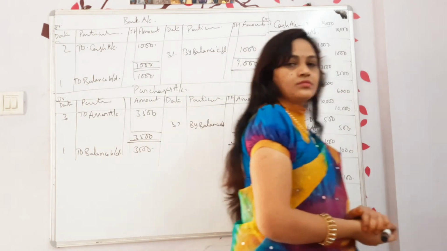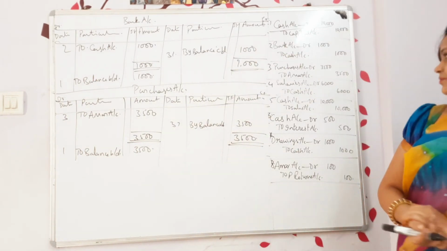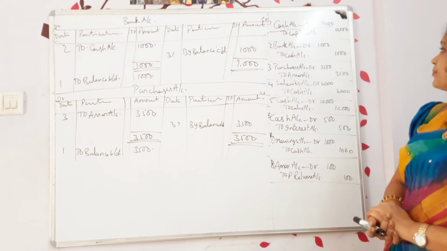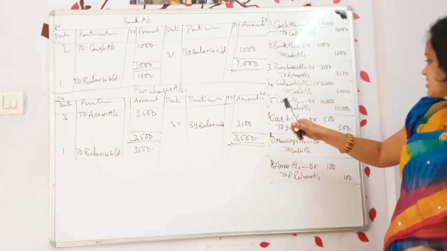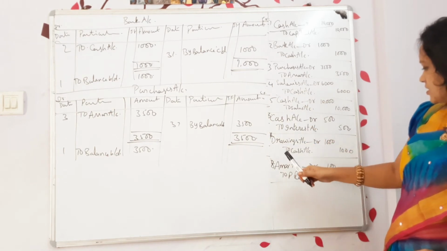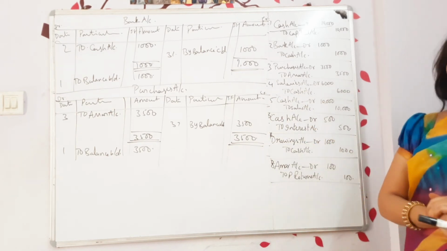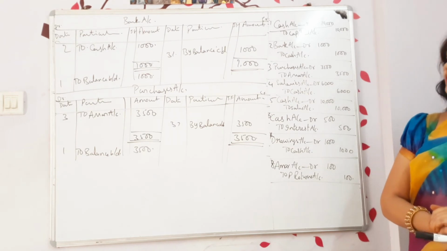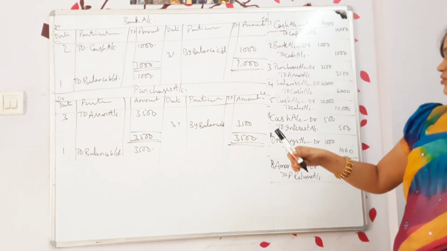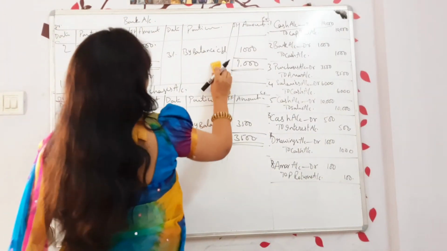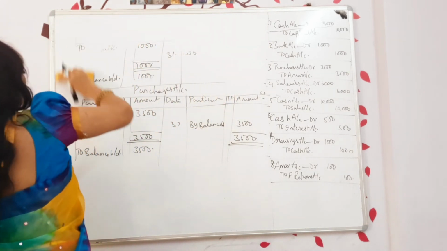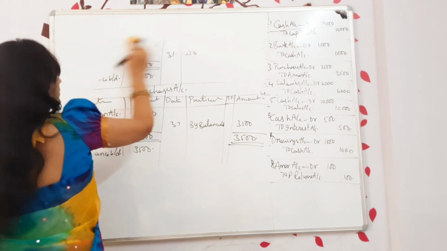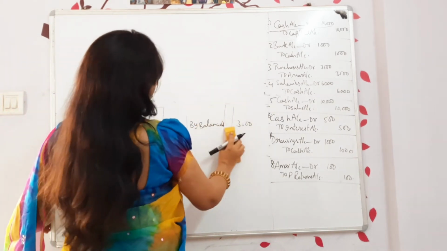Now copy this. 10 journals we are writing, and more than 10 ledgers we have to prepare. Okay, so completed, and move on to the next. After purchases, what do you have? On the credit side you can see the word Amar. So now we are going to prepare Amar account.